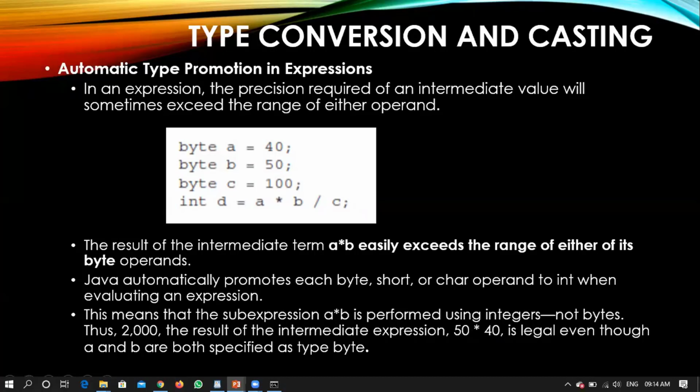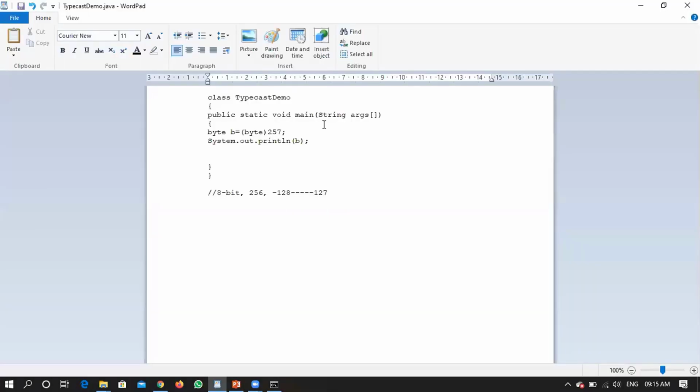So 50 into 40 is legal even though A and B are both specified as type byte. Does it make any sense? Understood? I'll write a small example.